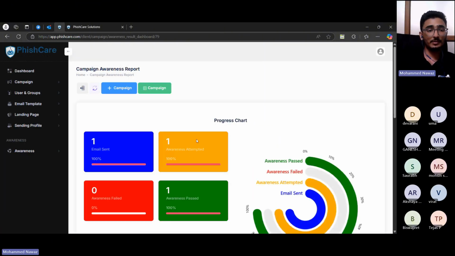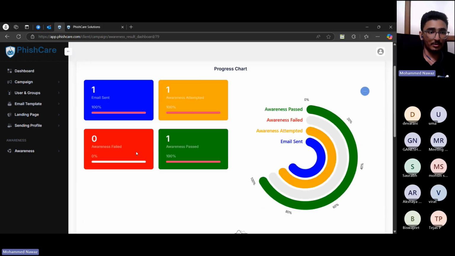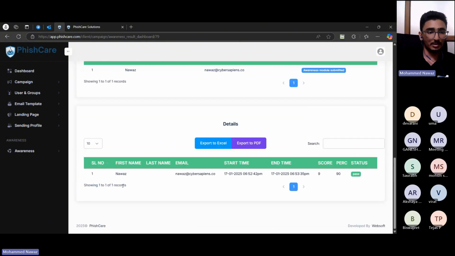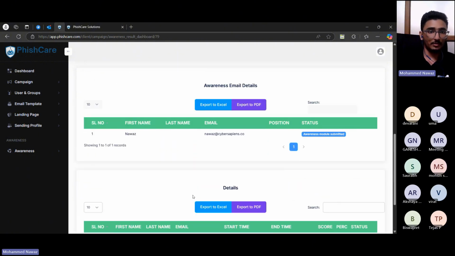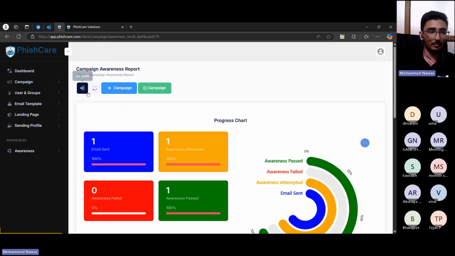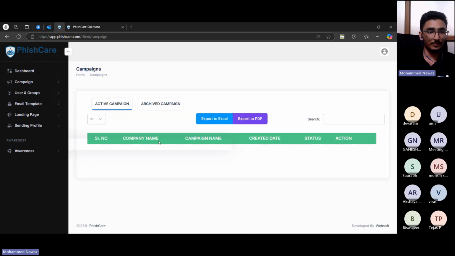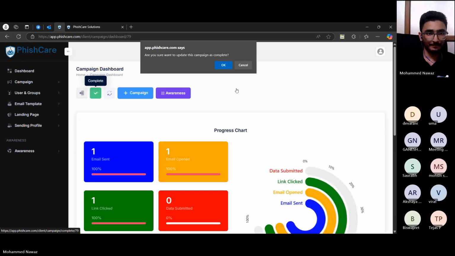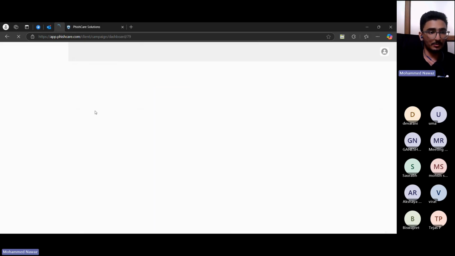Awareness attempt is shown when the user has watched the video. And for the assessment, I have completed the assessment. Here you can see whether I passed or failed, and also see the details. So this is the tool demo, and I want to show the report, how the tool generates the report here. So I have to complete the